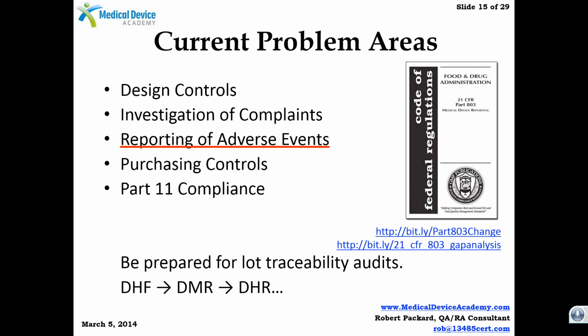After they've done that, they're going to ask you for a copy of your DMR, your device master record. This is your recipe for how to make the product. You might use an index, but they're going to ask for that. And if you don't know what a DMR is, you have some fancy footwork to do. You're going to have to come up with something that looks like a DMR. And your technical file index might be a great place to start if you have CE marking, because the two